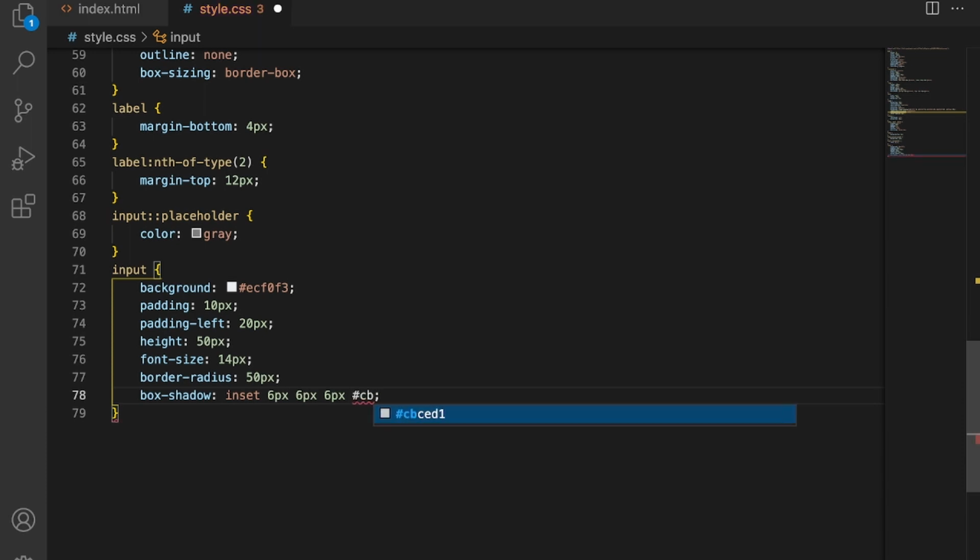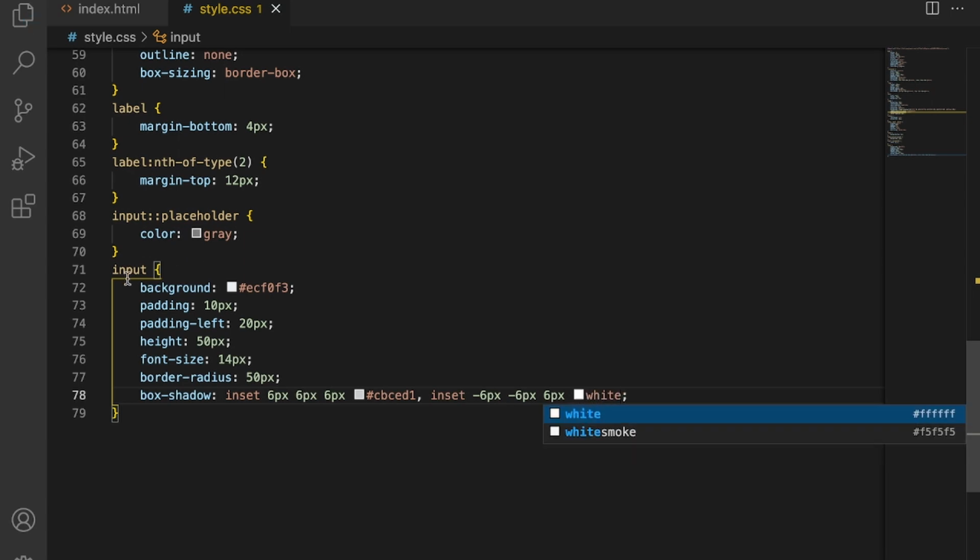Now change the color and again inset -6 pixel and -6 pixel white. Just save it.